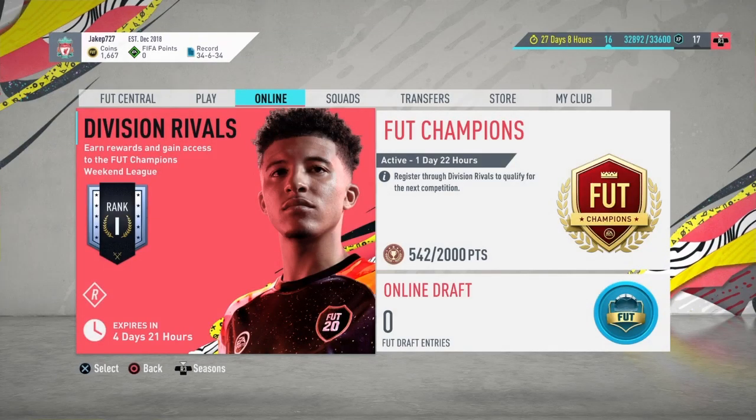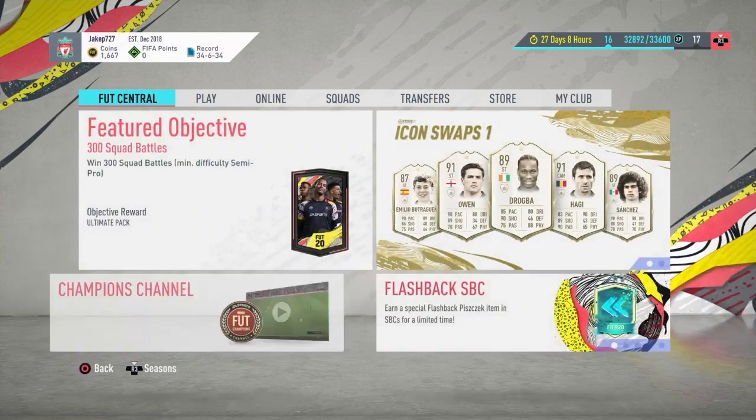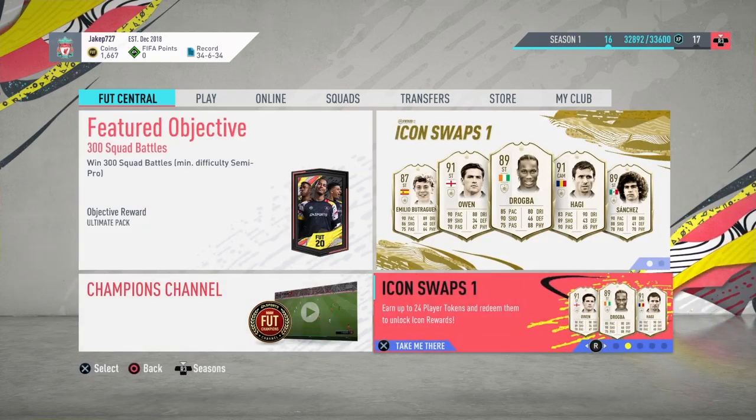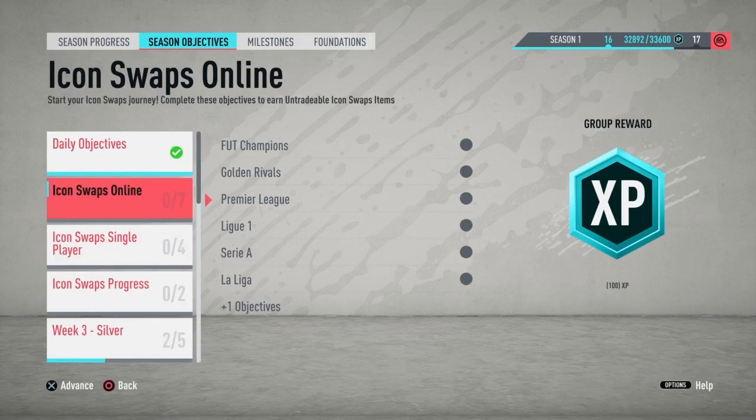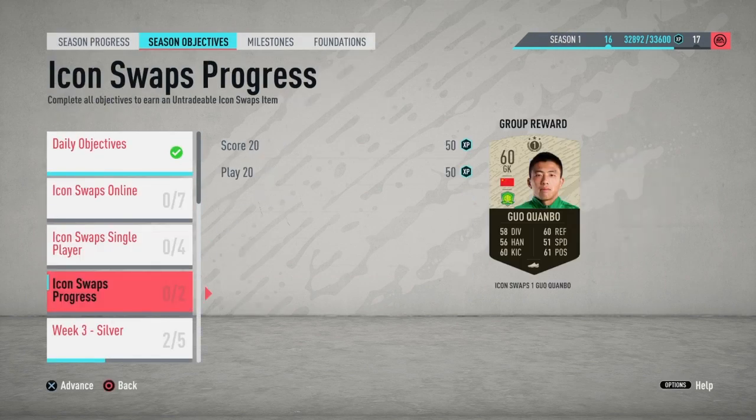So in today's video I'm going to be explaining to you guys how icon swaps work. Now I know it's quite obvious how they work, but a lot of people have got confused. So right here it says only up to 24 player tokens. Right now there are 12, which means in 35 days there will be another 12 and there won't be any